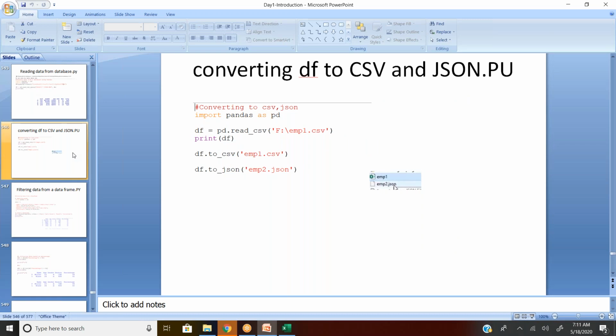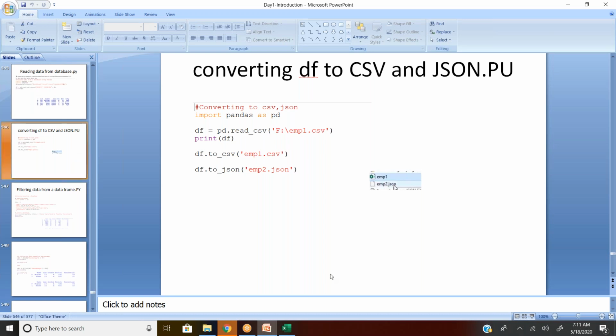No. So similarly, I want to convert some data which I extracted, which I processed from SQL. It might be extracted from SQL, Oracle, or some XYZ source. Now I need to store it into a CSV file or a JSON file or some other file format. Can I do that? Yes, we can do that.